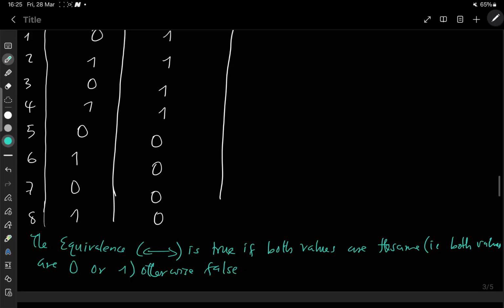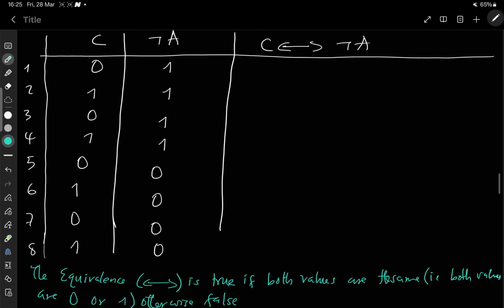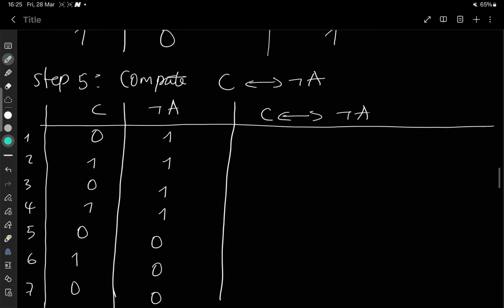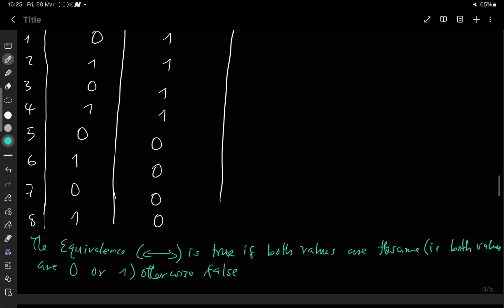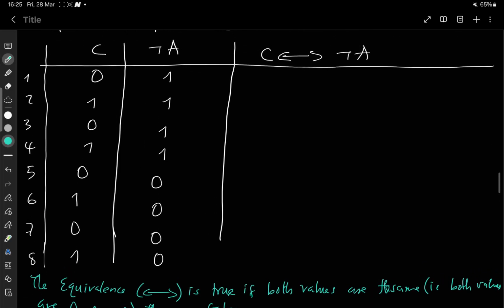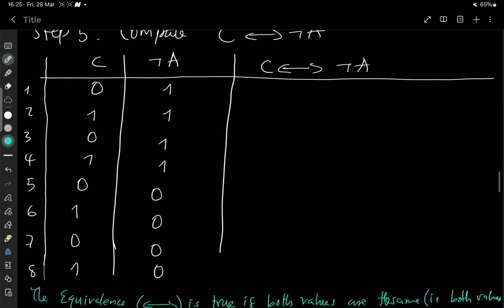Okay, so that's the rule of equivalence. If we have both values to be 0 or 1, for instance, if C is 0 and negative of A is 0, then equivalence is true, that is, it has a truth value of 1, but otherwise it is what? False. So applying this rule now,